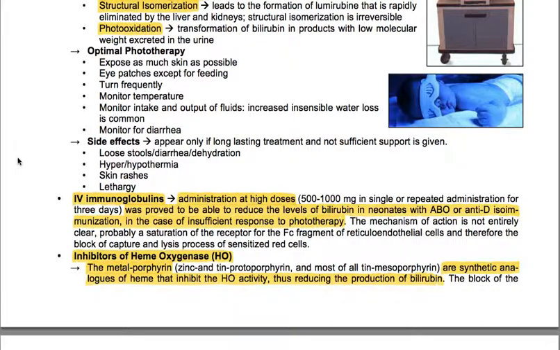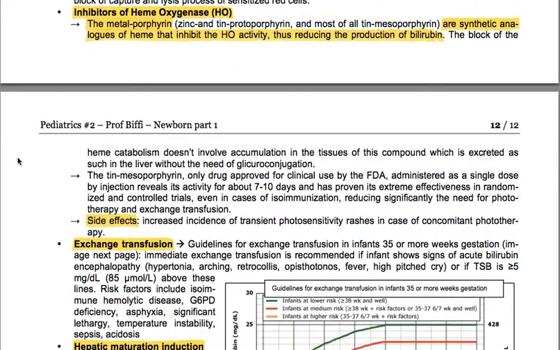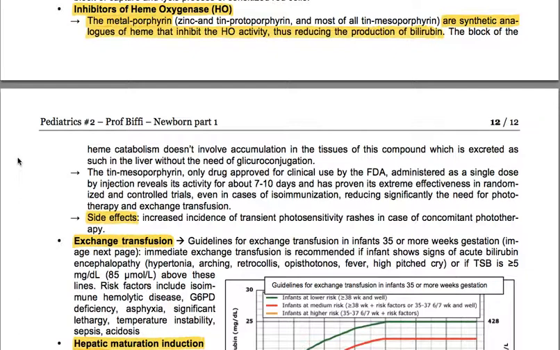Can have inhibitors of heme oxygenase. Dimethylporphyrin are synthetic analogs of heme that inhibit the HO activity, thus reducing the production of bilirubin. The block of the heme catabolism doesn't involve accumulation in the tissues of this compound, which is excreted as such in the liver without the need of glycuroconjugation. Tin mesoporphyrin is the only drug approved for clinical use by the FDA, administered as a single dose by injection,